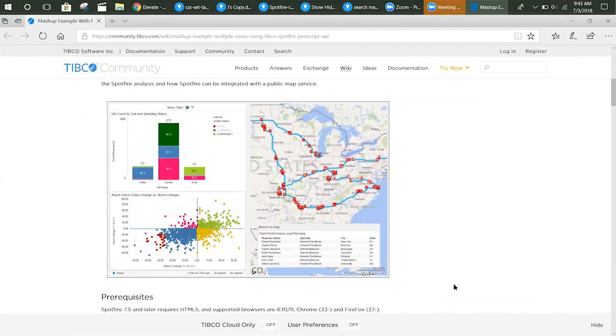So the cool thing about the Mashup API that basically uses the JavaScript API is that you can have your individual visualizations, for example, in this case, a bar chart and a scatter plot, talk with another visualization. In this case, this is just a big map. And marking and filtering, if you've set it up that way, would respond to marking and filtering on this map